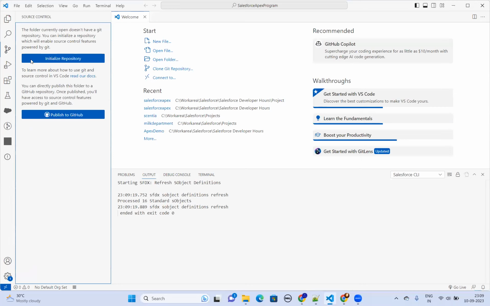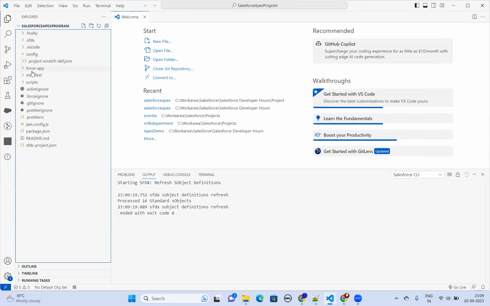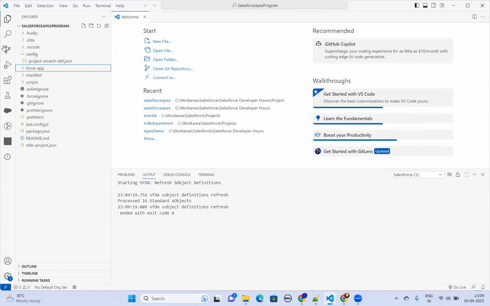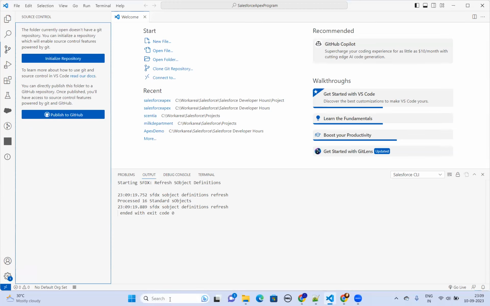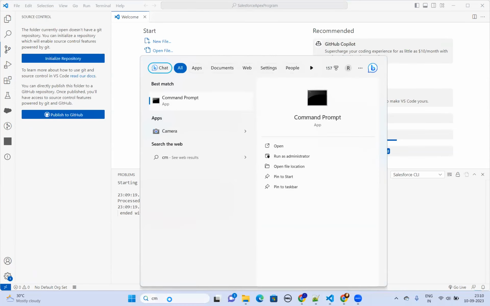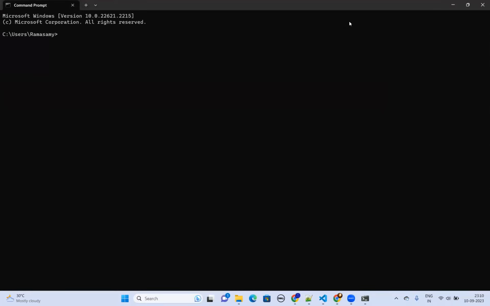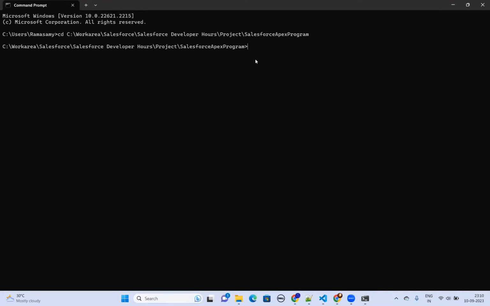Click Initialize, and at that time your local repository is initialized. Or you can do the same another way. Take the path of your project, copy the path, then open the command line. Once you open the command line, change the directory. This is my project location. Then once I change to my project location,